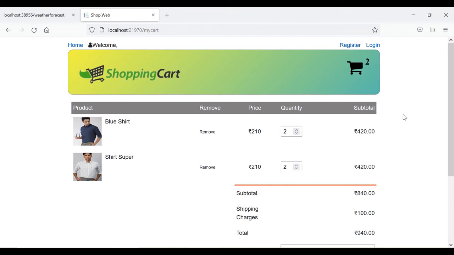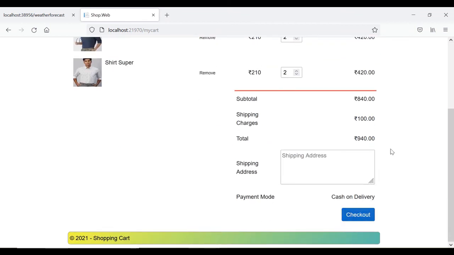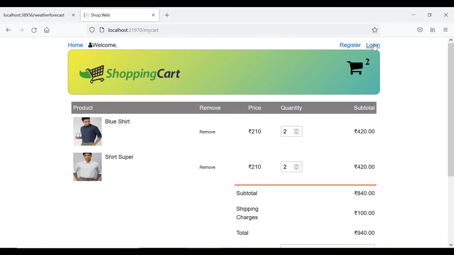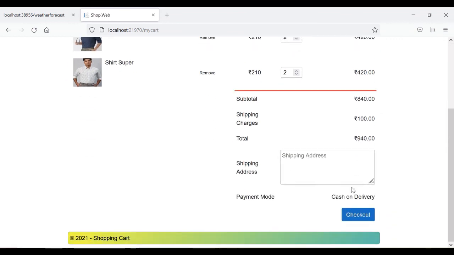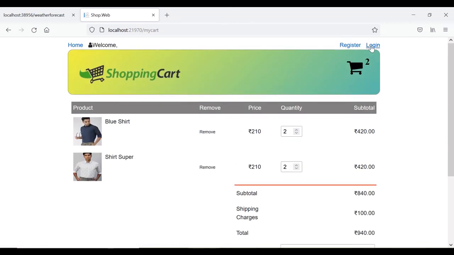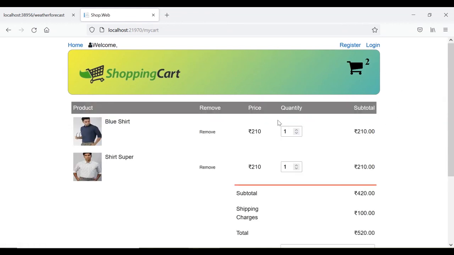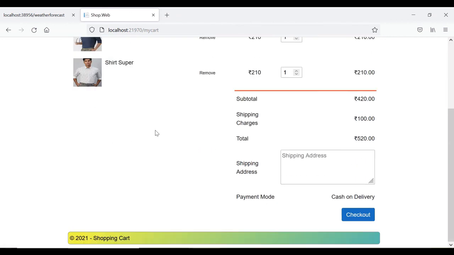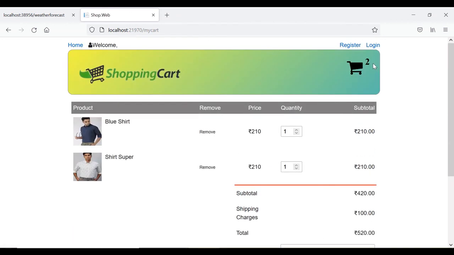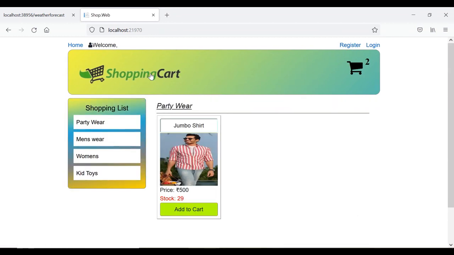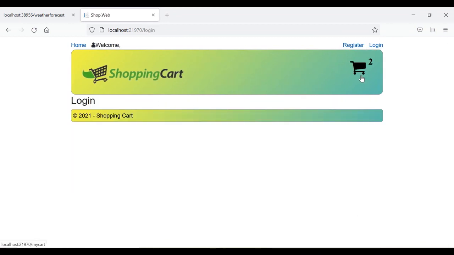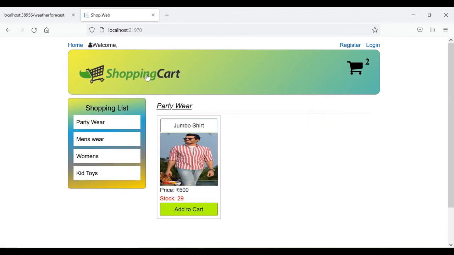In our next video, whenever the user clicks on checkout, either he has to register or log in. So when the user clicks on checkout, we will make sure that the user navigates to the login page. If he is already registered, he will log in from the login page and come back to our shopping cart, because from this my cart only he navigated to the login page. So that we will be adding here, and also the register page. Once this is done, we will go to our account page. So see you in the next video.